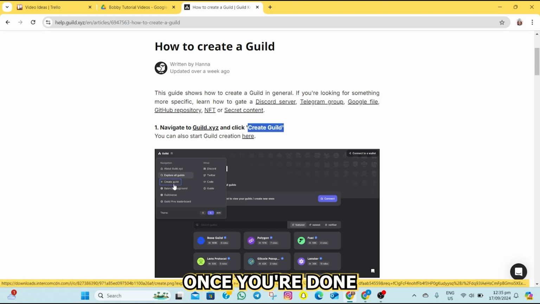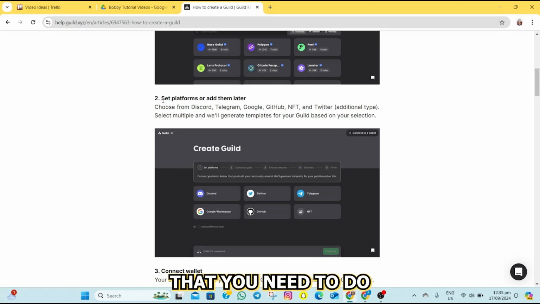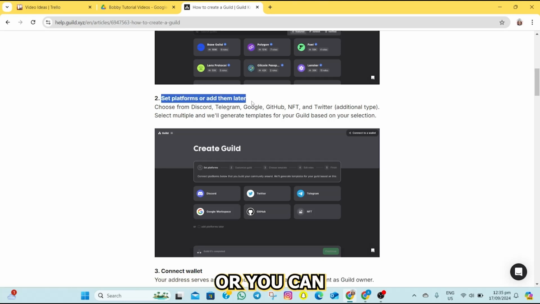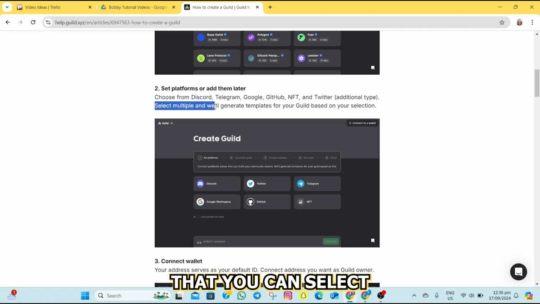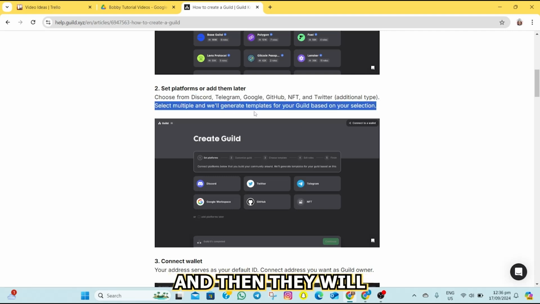And then once you're done with that, the next thing that you need to do is to set platforms, or you can also add them later. You can choose from Discord, Telegram, Google, GitHub, NFT, and then Twitter. Keep in mind that you can select multiple platforms and then they will generate templates for your guild based on